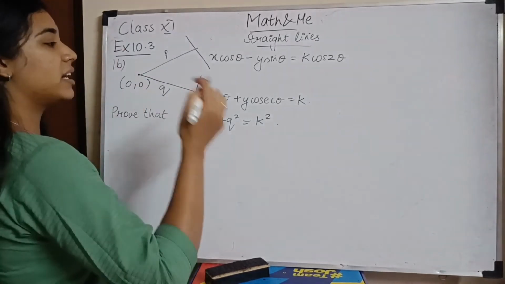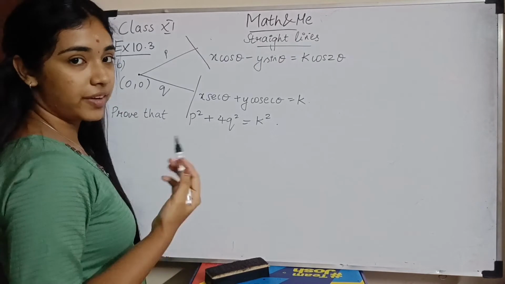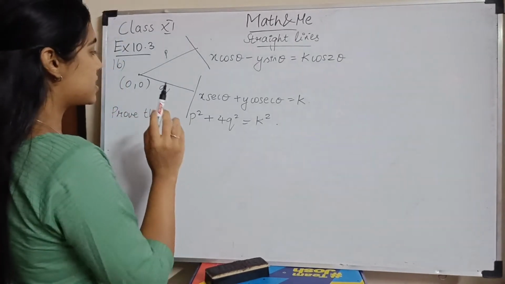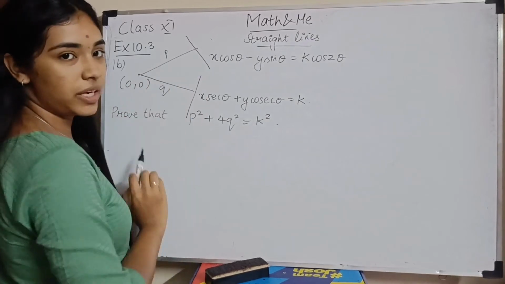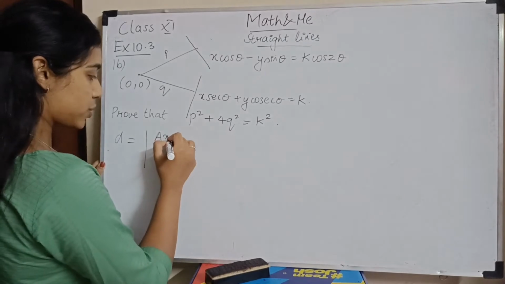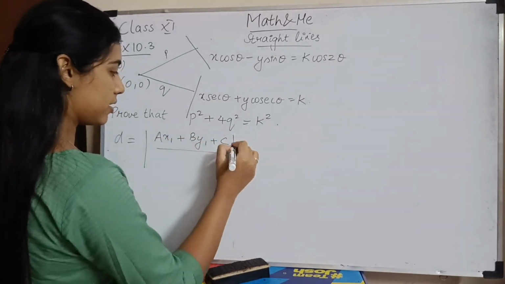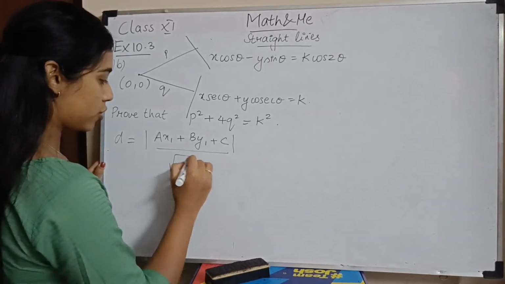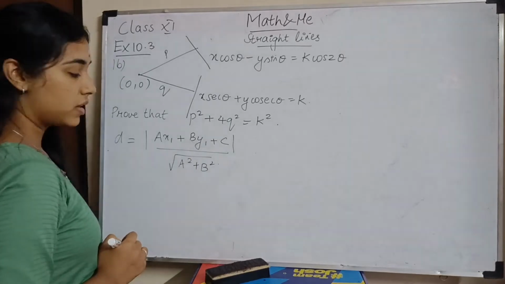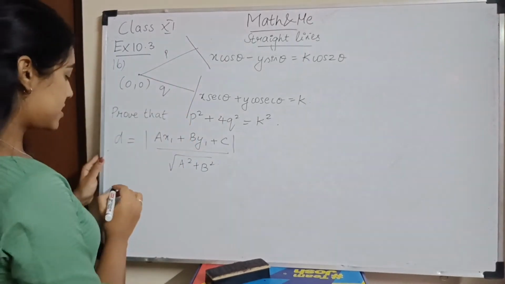So never panic when you see such complicated equations. Just try to solve the way you know everything. So in the question it is given that the distance from a point to the line is p. So what formula do you know? Distance equals ax1 plus by1 plus c divided by root of a square plus b square. Correct? So now you have two different distances. So when I take the first case, I have p